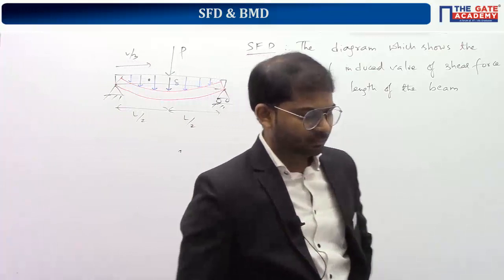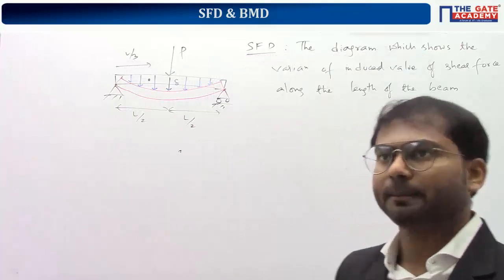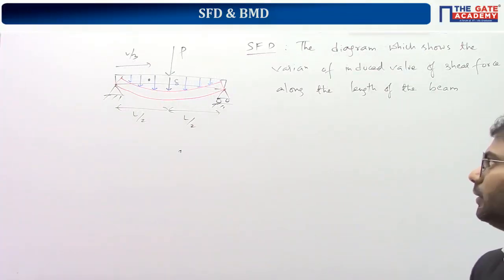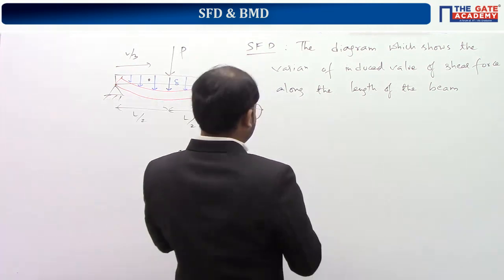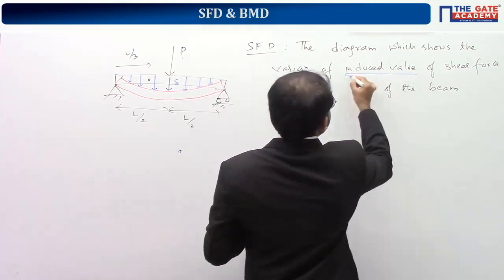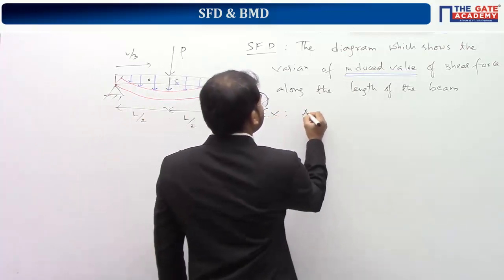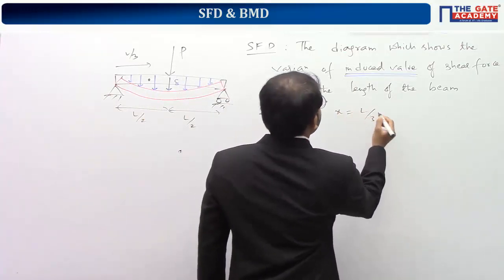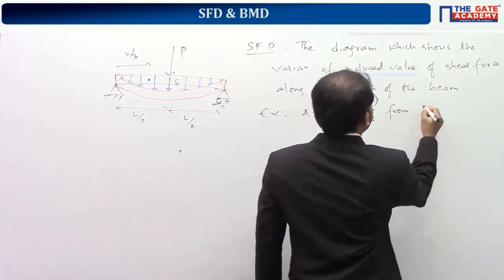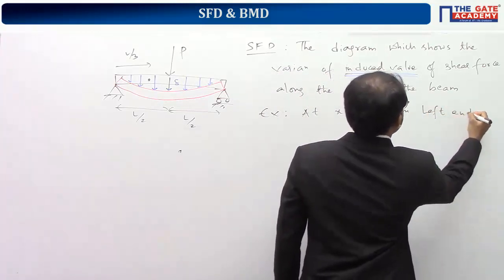We'll go ahead into the definition of bending moment diagram. I hope it is clear now. You can underline the word induced because we are concerned about induced value. So if you want to have a more clear understanding, you can write down an example at x is equal to L by 3 from the left end,